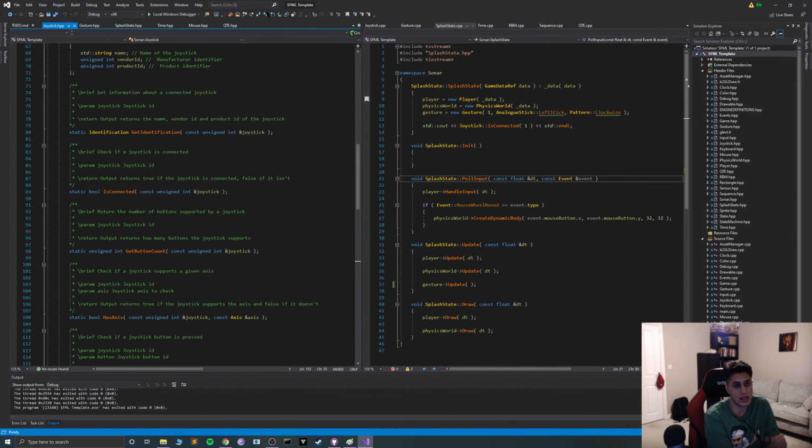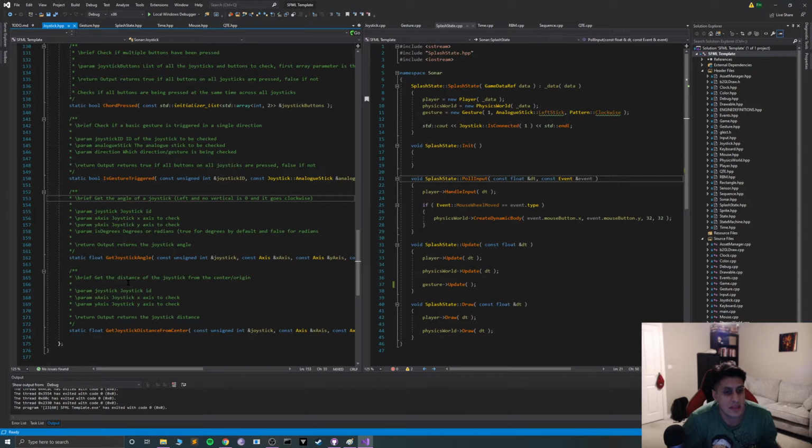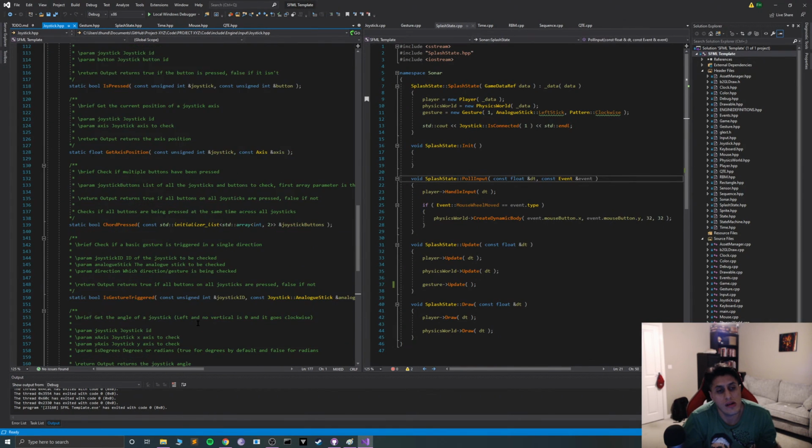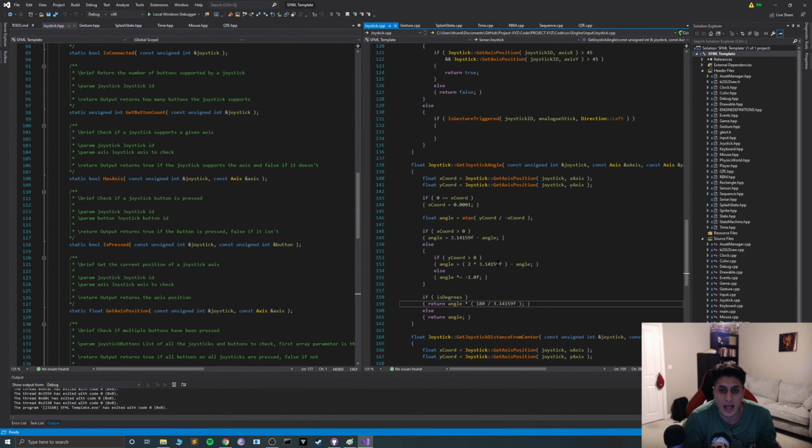So if we say get axis position, I mean, yeah, that really shouldn't be implemented in the gesture. That should be. Yeah. So we're gonna say good joystick angle. So if we get the get axis position,